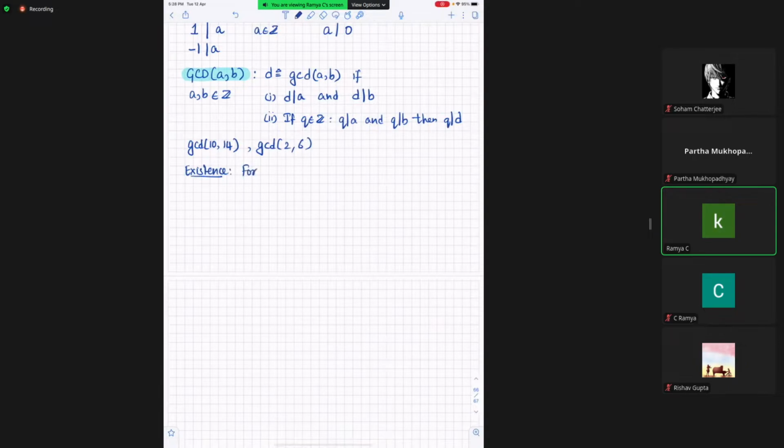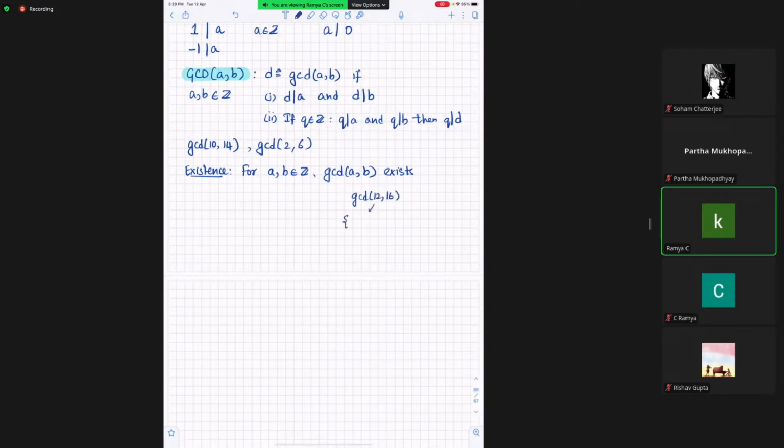Let's say A, B are integers. We want to argue that the GCD of A, B exists. This might seem like a really simple statement. We all know how to compute it. You look at A and all its divisors, you look at B and all its divisors, look at what things are common, and then take the greatest one of all. This might seem really silly, but let's just do an example. For example, if you want to compute the GCD of, let's say, 12 and 16, you